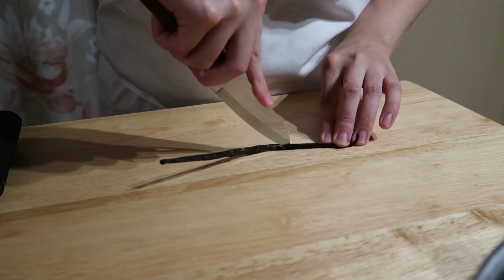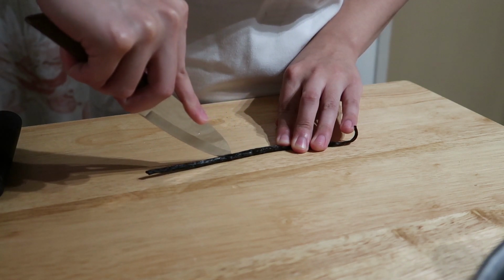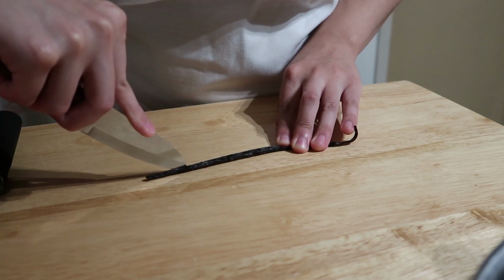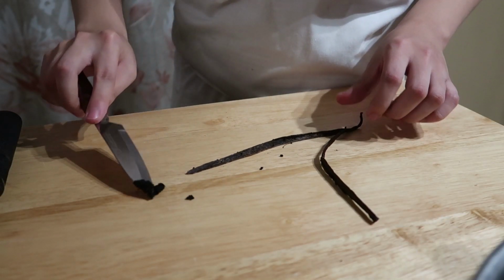Scrape out the beans. And then we met up and he gave me flowers. He sent them to my house and I was like, okay, fine, I guess I'll talk to you. So we talk and he apologized and all that other stuff and we tried to kind of reconnect, but...